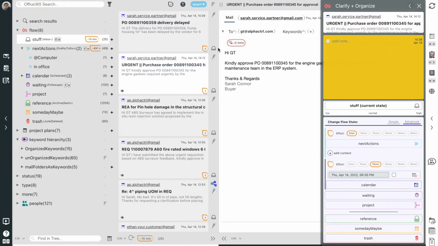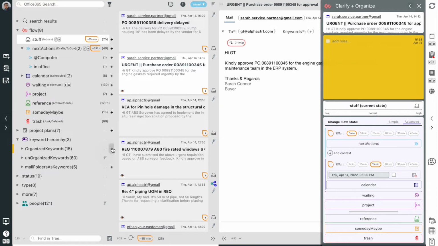If you already have a structured filing system in place, no need to fret. Your entire folder structure is displayed as a keyword hierarchy and can be found here with all the emails in the last 6 months connected to the relevant keywords. Creating a fresh keyword hierarchy is even simpler.